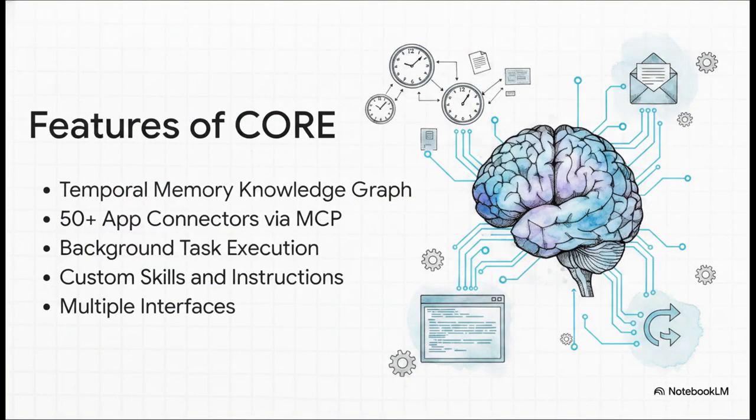To really grasp how powerful this is, you have to look under the hood. Because systems like Core have a temporal memory knowledge graph and plug into dozens of apps, they actually understand your context. So picture this. An urgent client email comes in or you get tagged in a new GitHub issue. The agent catches it, checks your personal memory graph to remember your history with that specific client or code base, and then just silently spins up a coding session in the background. You come back to your desk and boom, there's a pull request waiting for your approval. It literally feels like having a digital ghost working for you.